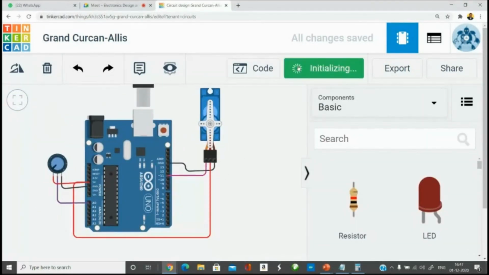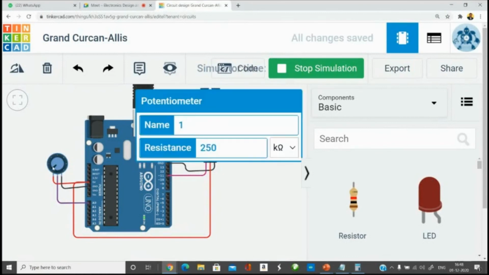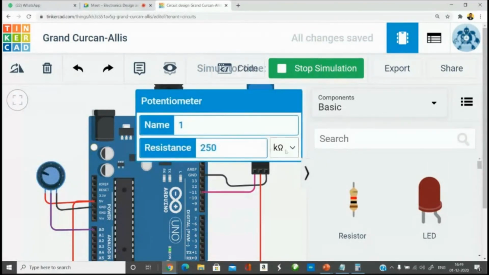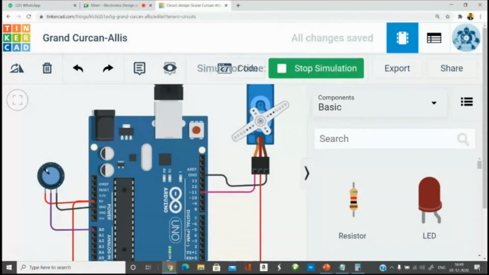Let us see the output. Now if I change this, see, I'm just adjusting the potentiometer. Depending upon how I adjust the potentiometer, my shaft is able to make a rotation. I bring it back to 0 degrees. Okay, so this is one way of getting an input. This is really annoying me. So you can manually give the input and then control the output.